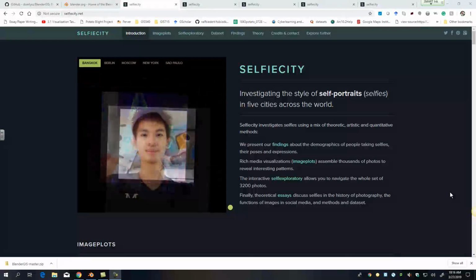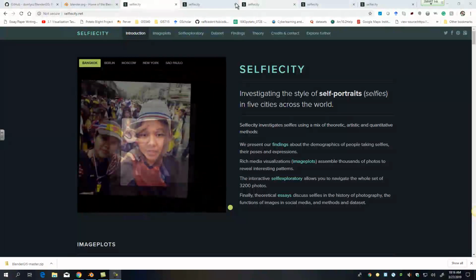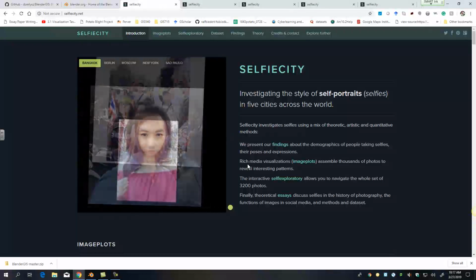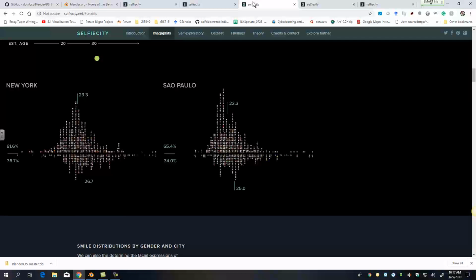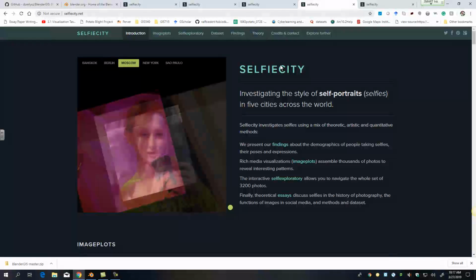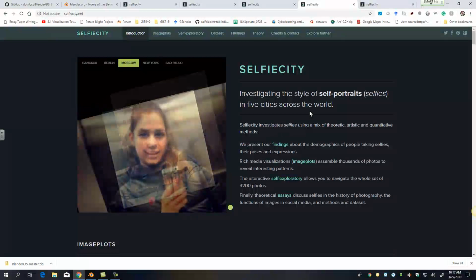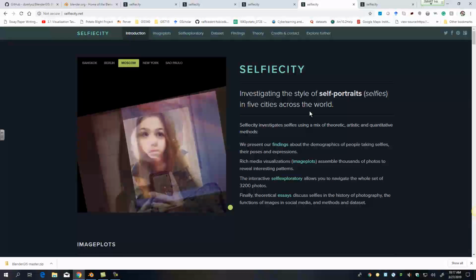we like them. And so this group of researchers, or this team, wanted to ask a couple of questions about the different types of things that selfies represent, such as mood, who poses, and just to get the various demographics from them. And so they came up with Selfie City. And as the name implies, they gathered photos from various cities in the world, such as Bangkok, Berlin, New York, Sao Paulo, and Moscow.